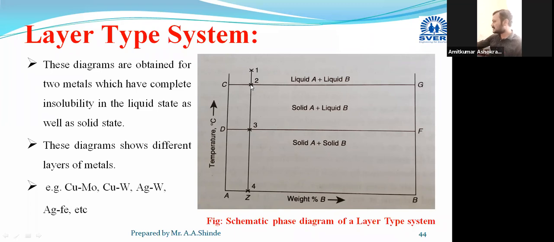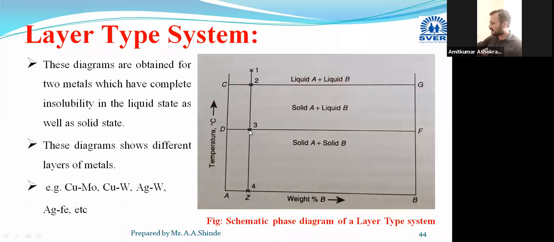Then when the temperature reaches point 2, below this point 2, this point C is the melting point of liquid A. This liquid A solidifies; it gets transferred to the solid state, and solid is formed. Then in region 2 to 3, the alloy is in solid plus liquid state. Solid A and liquid B will be there. You have to draw one round, and show liquid by a dotted line and solid by a dark portion. Solid A and liquid B will be there in region 2 to 3.